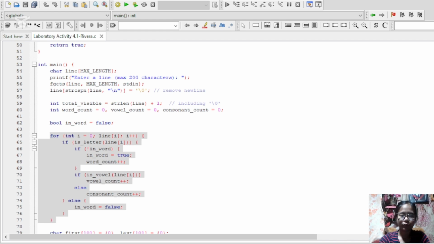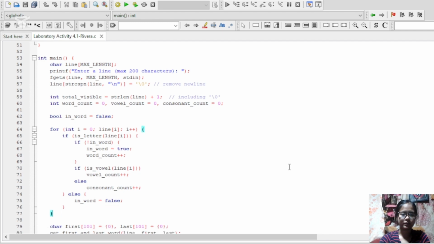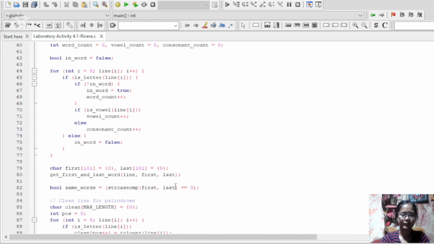So the next line means the character is not a letter. Let's scroll down. We use our earlier function to extract the first and last word, then store them in first and last.